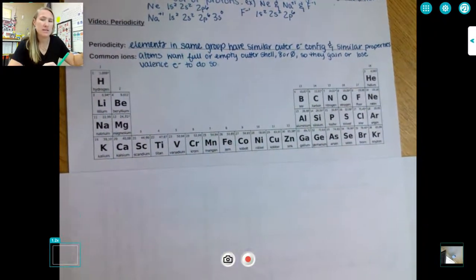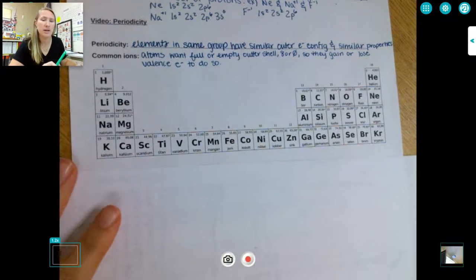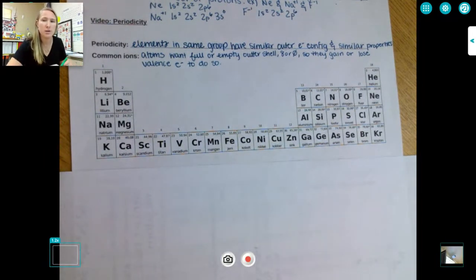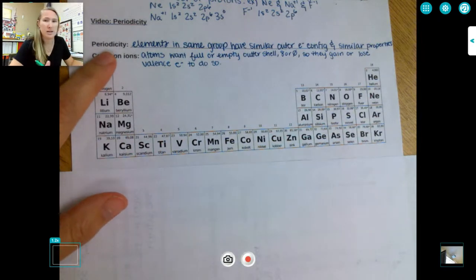So periodicity is the behavior of elements and their properties across the periodic table in periods and down groups, which are columns. Periodicity states that elements in the same group have similar outer electron configurations and therefore similar properties. And we're going to dive into what that looks like in some very specific trends that happen across the